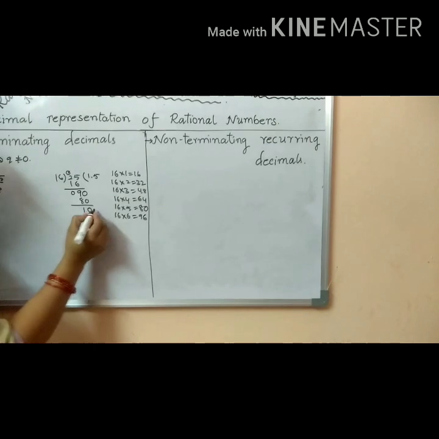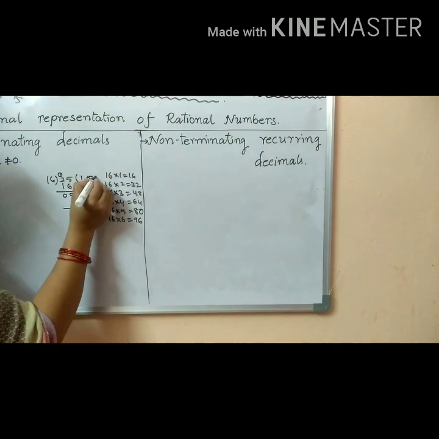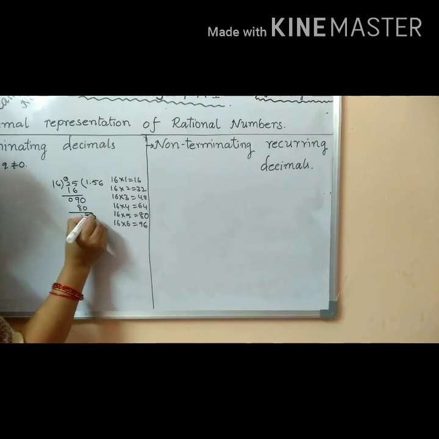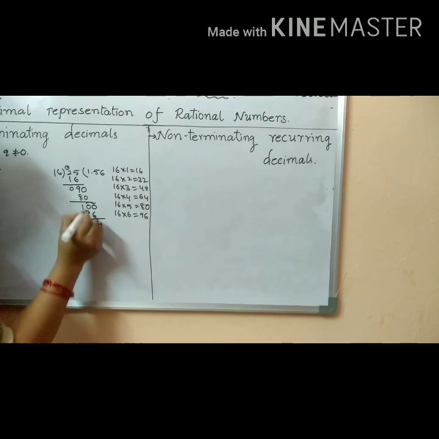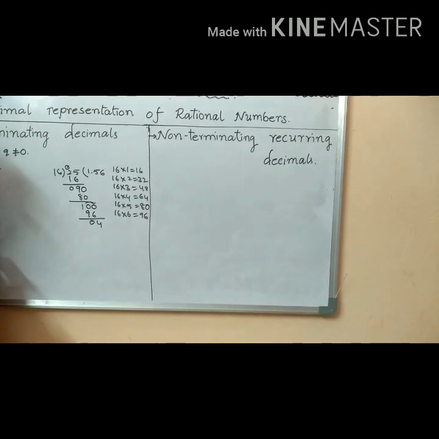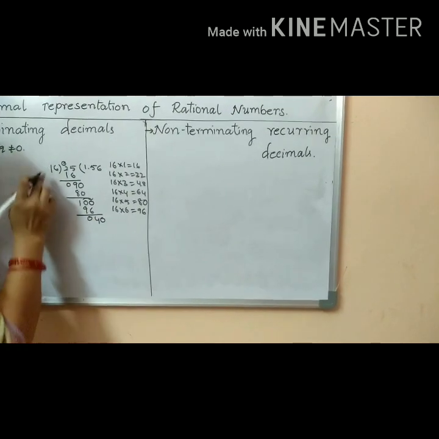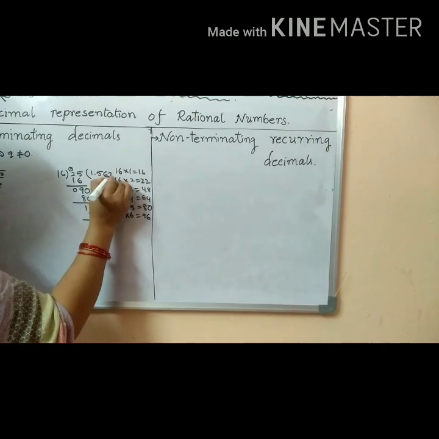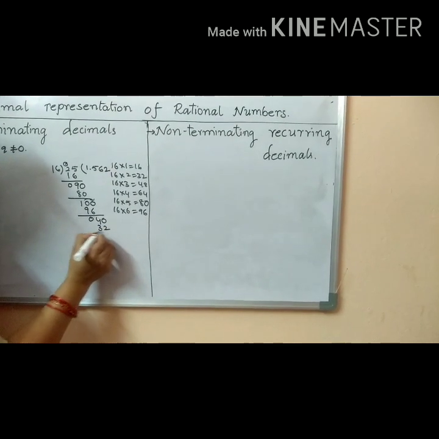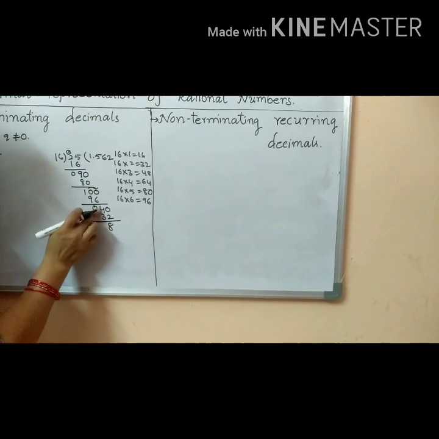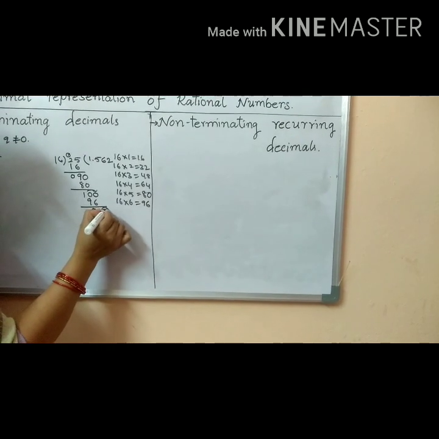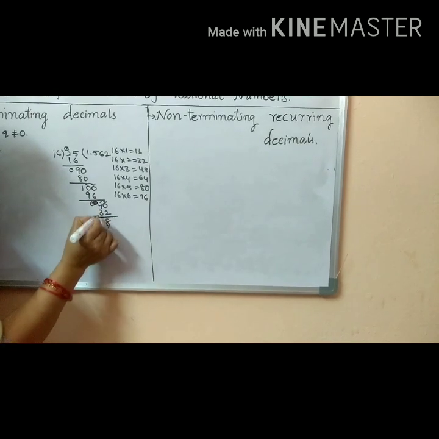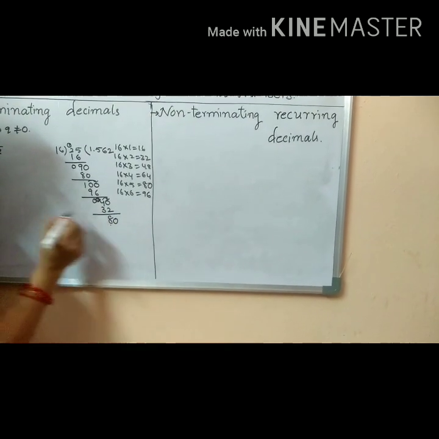So again take the 0. Here 6 times is possible, 96. So borrowing, 10 minus 6, 4. Here 9 is there, 9 minus 9, 0. Again take the 0. How many times is it possible? 16 two times, so it is 32. Again here 40 minus 32, borrowing of 10, 10 minus 2, 8. Remaining 3 is there, 3 minus 3, 0. Again take the 0.